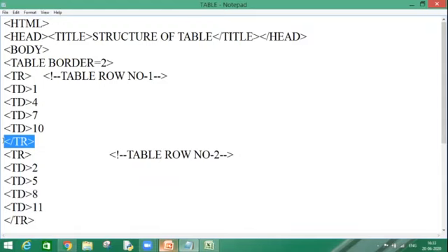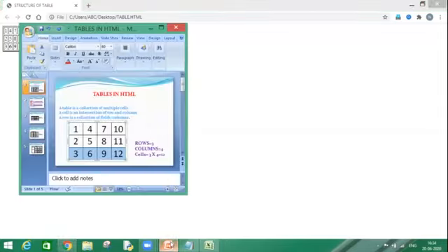Table, TR and TD, all three tags are container tags. But as I told you earlier in the case of the li tag, li is also a container tag which is not necessary to be closed. Similarly, TD is not necessary to be closed. But if you are closing it, then it will also work perfectly because this is a container tag. So Control S and again focus upon here. This is my table. I hope this is clear to everyone.